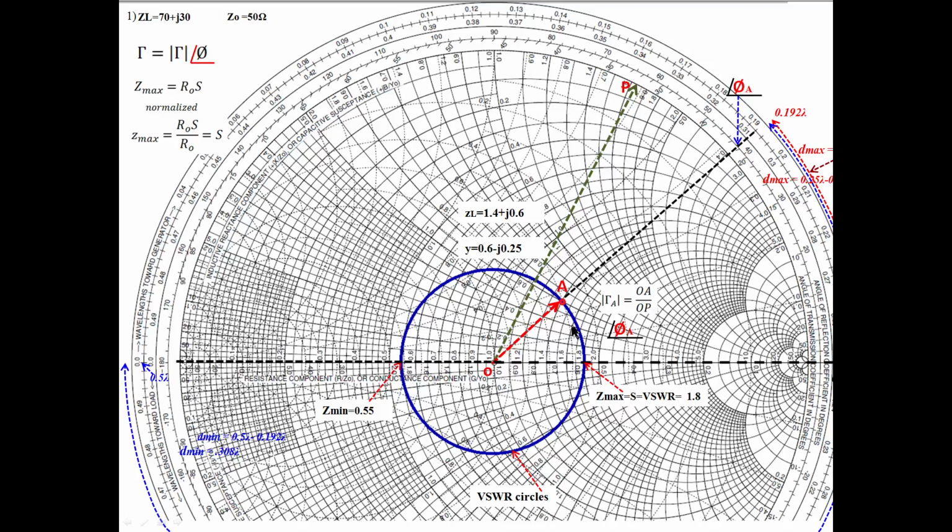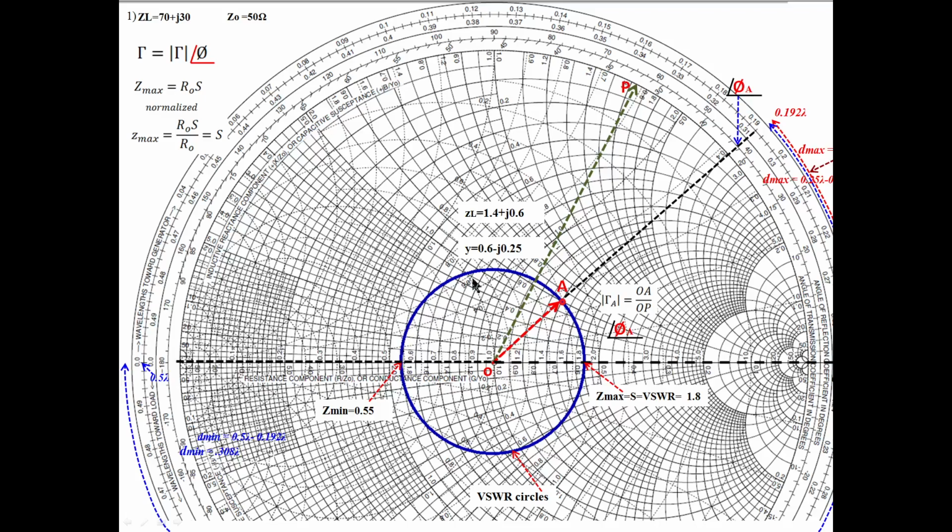This is Z minimum, because as you move like this over a transmission line, impedance changes. At this point you can get a maximum value of impedance, because from the Smith chart only. Okay, if you move like this, all these are impedance values, but whenever you come to here, we can see that is the maximum impedance. Similarly, impedance changes here. Whenever you come, some impedance will be here, but that is the minimum impedance you can observe. If you go like this, impedance increases, and it becomes maximum here, but here it is a minimum. So this is the minimum impedance you can observe on the Smith chart.